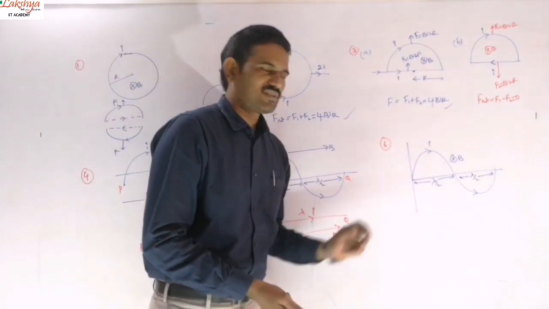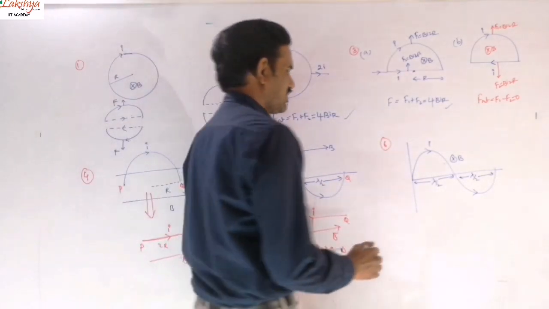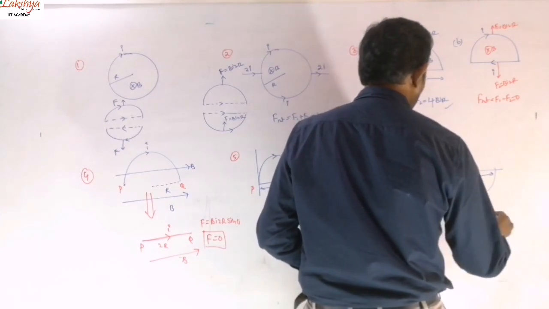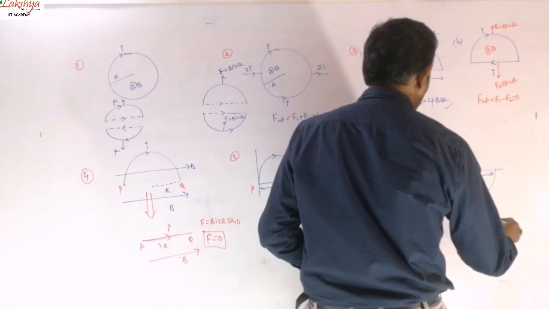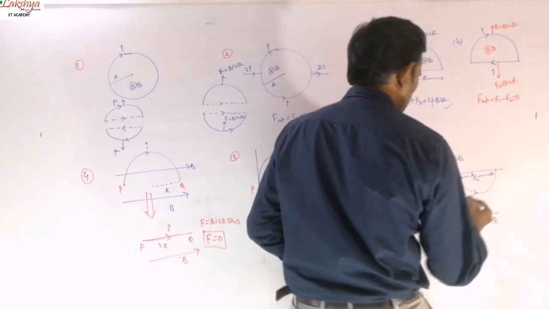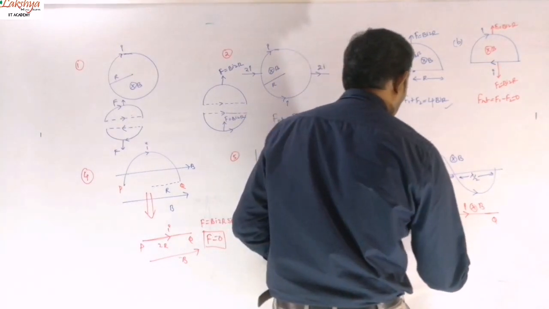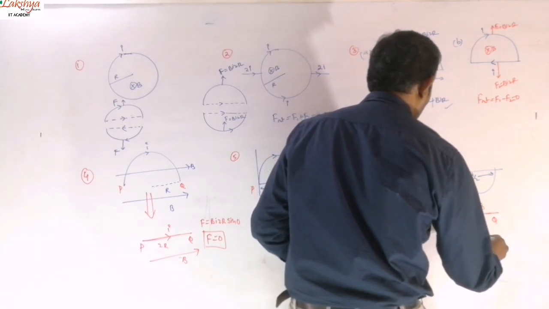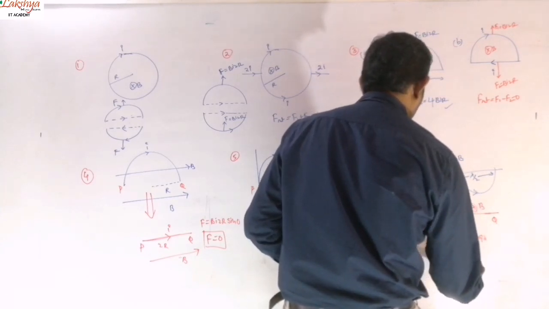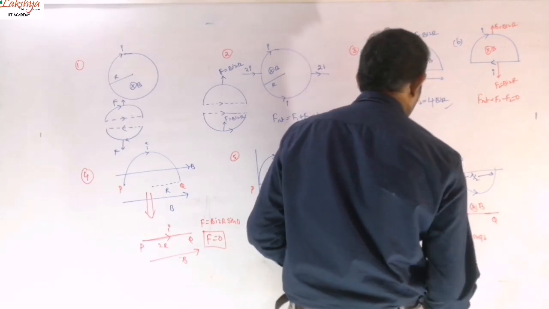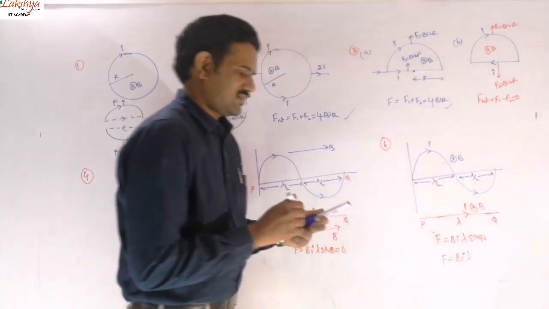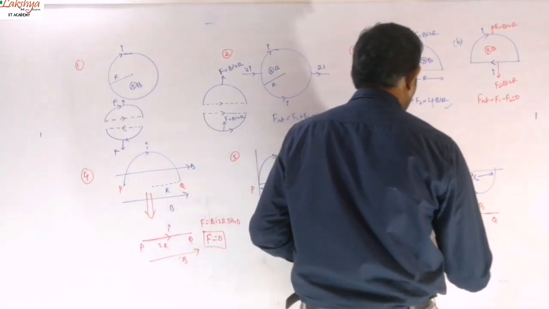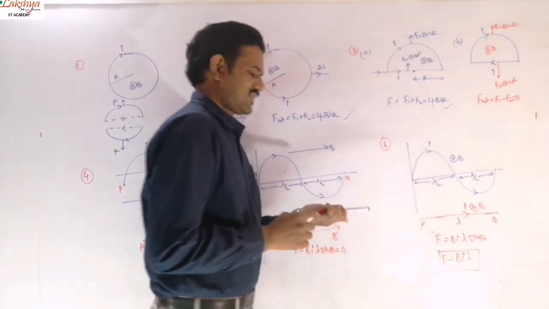But whereas if you are taking this case, then both are perpendicular to each other. This is a conductor of length lambda, this is our PQ, carrying some current I, and the magnetic field is inwards. So in this case F is equal to B into I into lambda into sine 90, so F is equal to Bi lambda. That is the force acting in that case, because sine 90 is 1. Like that you can calculate the force acting on the loops.